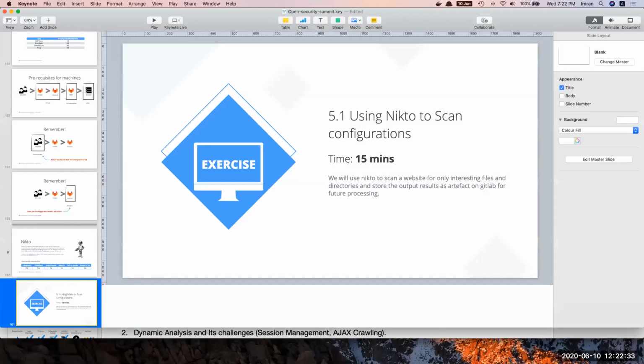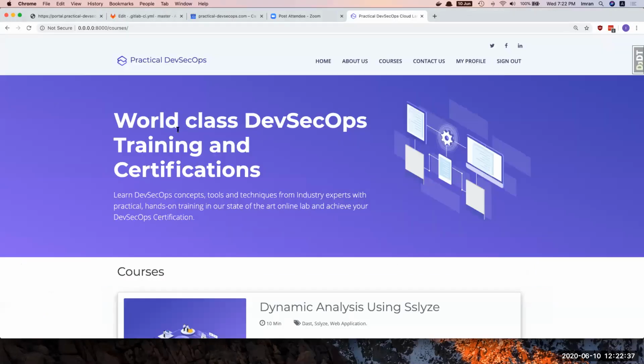So here we will install Nikto, and then we will see what are the different options it provides us. And then finally, we will be able to see,